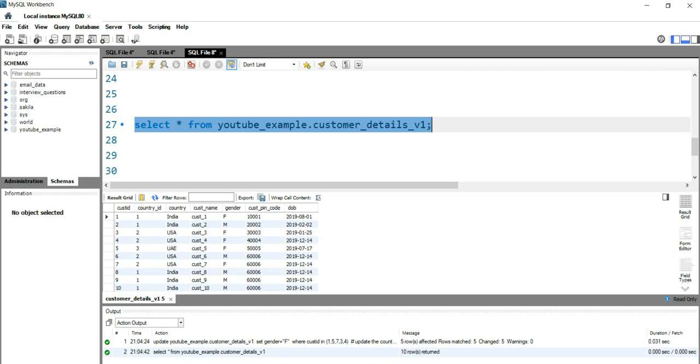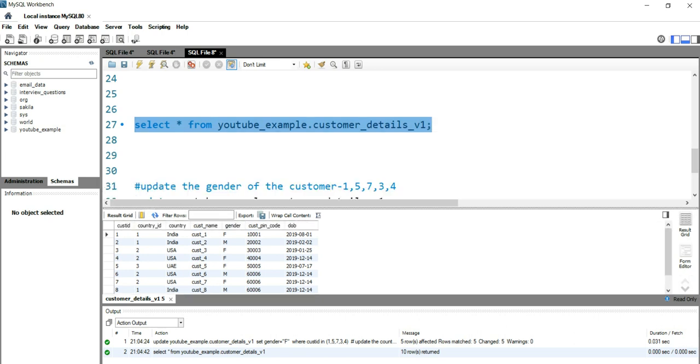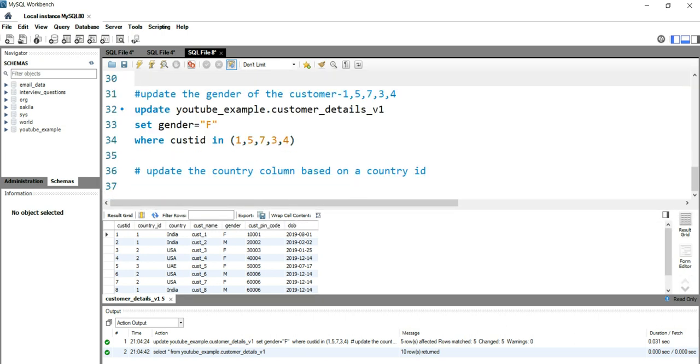For customer ID 3, gender has changed to female. For 4, gender has changed to female. For 5, gender has changed to female. And for 7, the gender has changed to female. So this is the condition that we have given in our where clause, and for these customer IDs, the gender has been updated.